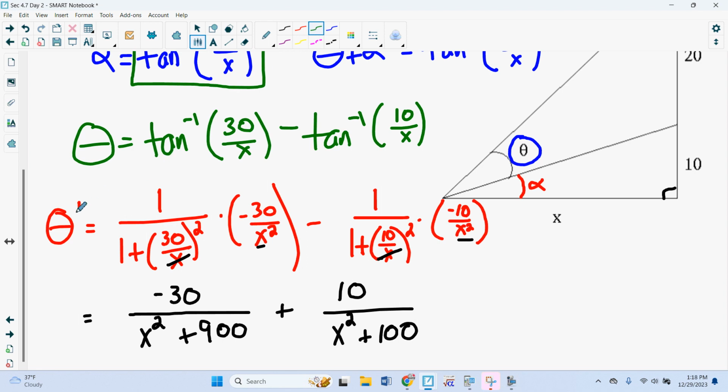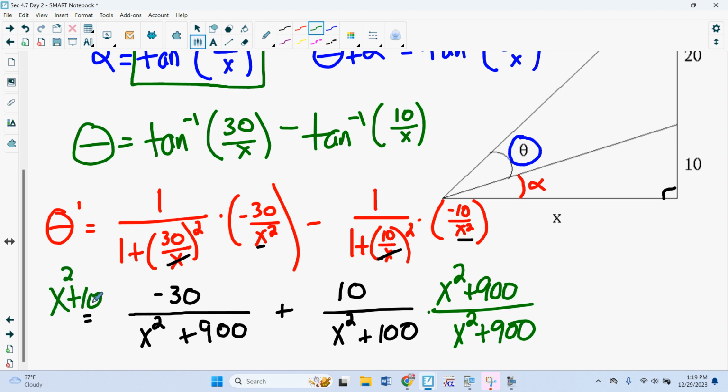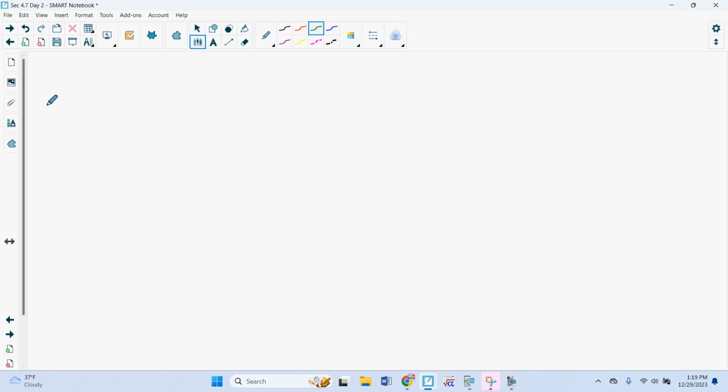Now, if we want to find the critical points, we need to determine where this is equal to 0 and solve. To do that, we have to get common denominators. So I'm going to multiply over here by x squared plus 900 over x squared plus 900, and over here, x squared plus 100 over x squared plus 100. Now, if we distribute this to both of those, I have this written down already. What that is going to give me